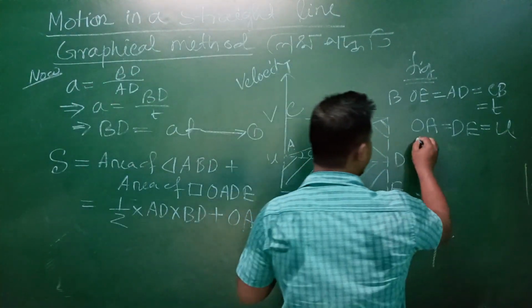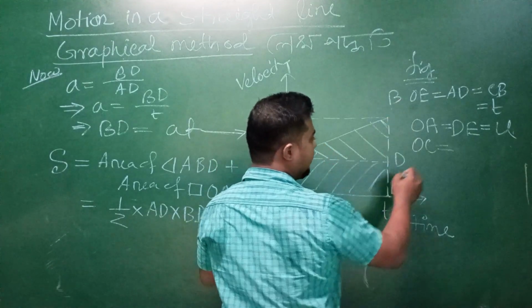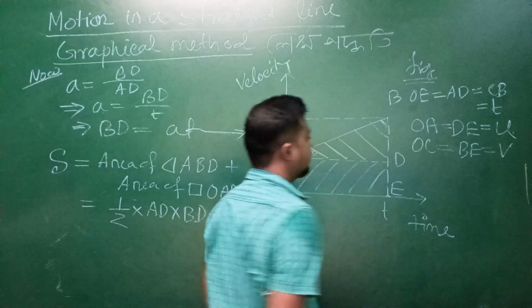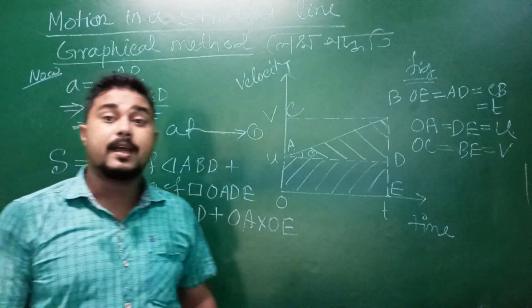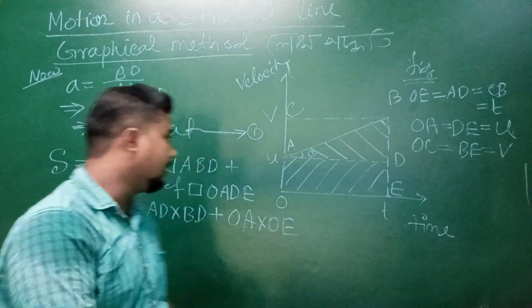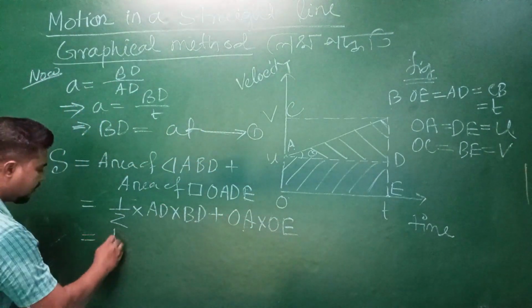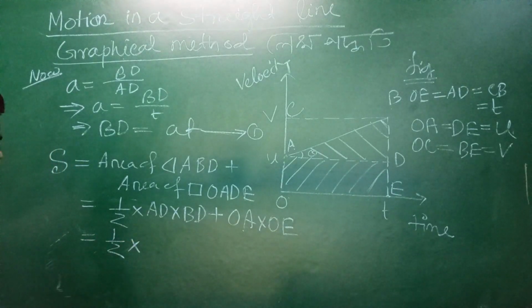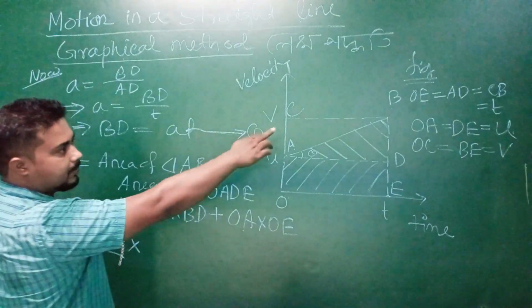Then OC is equal to BE, OC is equal to BE is equal to V. So it is written here. Now let us try to put their values here, and then we will get how much. So here half into AD,